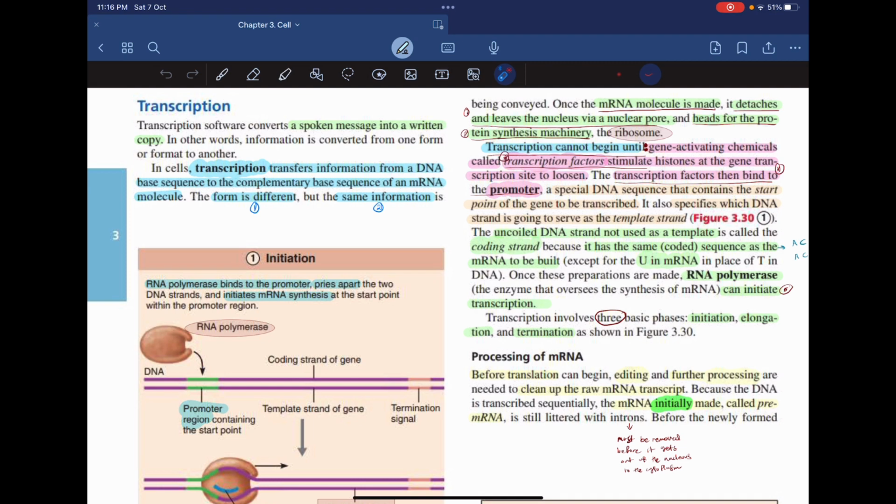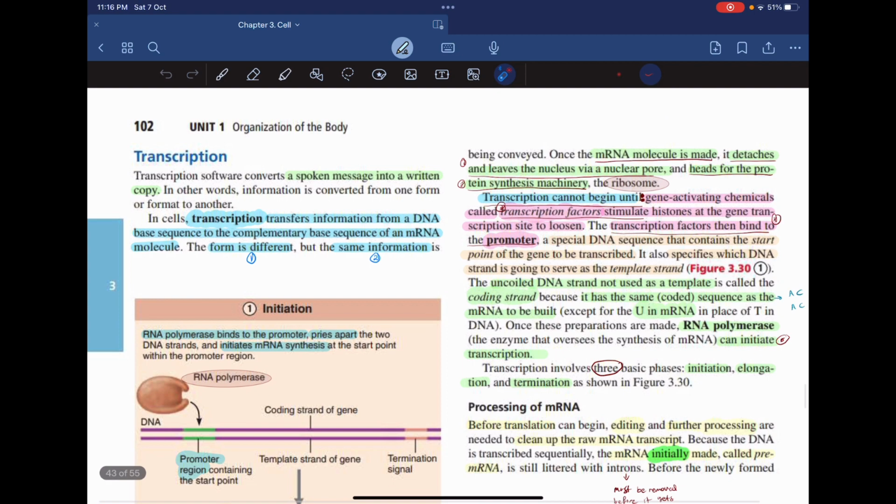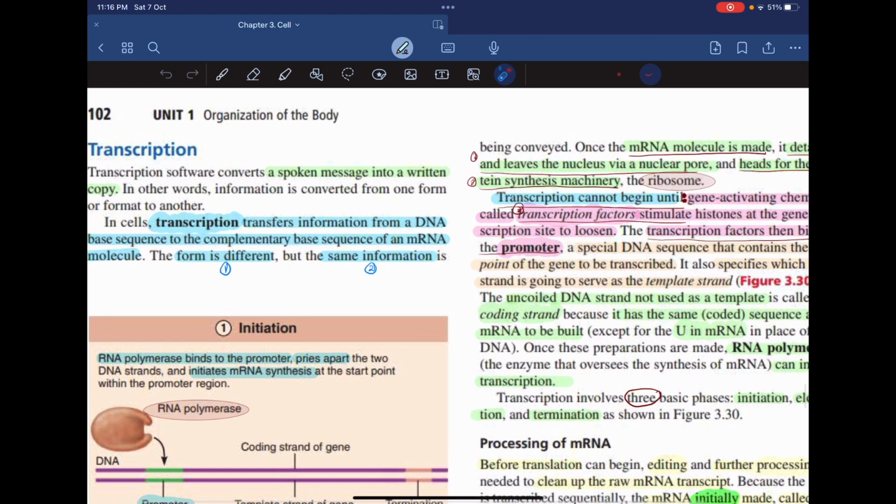I'm gonna talk today about transcription and translation, and we're gonna go briefly from the paragraphs of the book, and then I'm gonna summarize it with these pictures. Okay, so to start with transcription, which is this